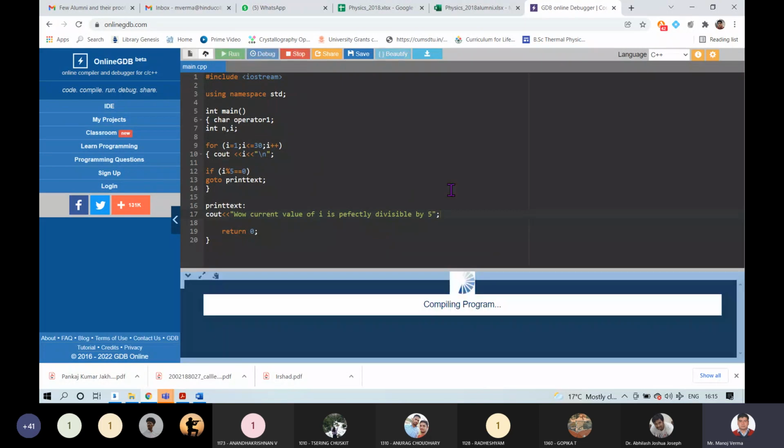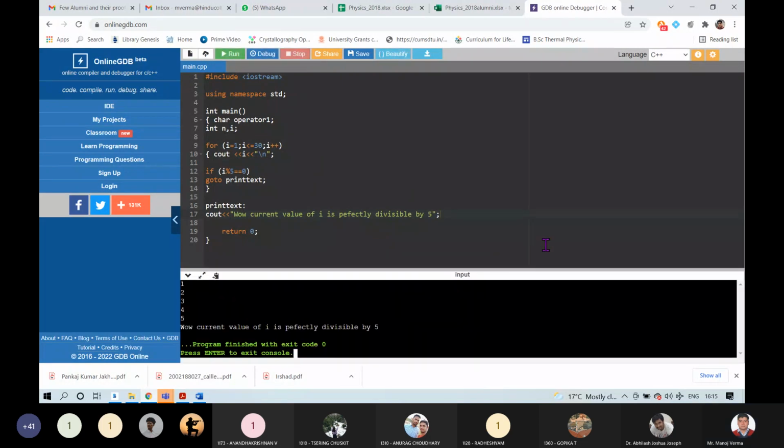Okay, so I should run this, it will show 1 2 3 4 5. Wow, current value of I is perfectly divisible by 5. Right? But what I am saying is, in this problem, as soon as it goes to print text, it is not coming back to this for loop. So can I use continue here? I don't know actually.